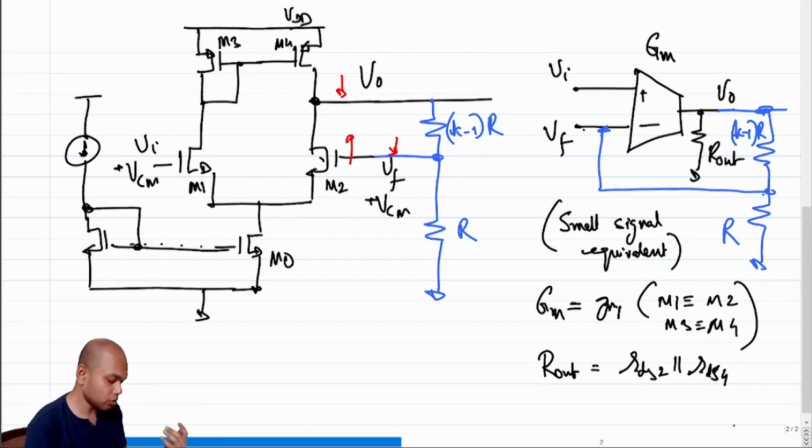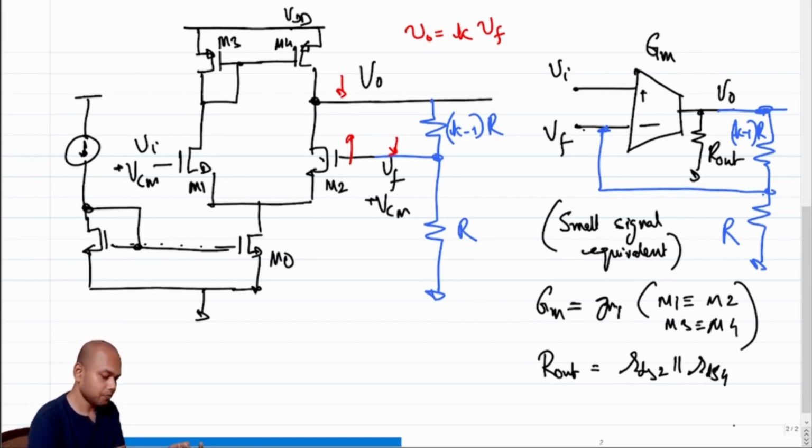If it is large enough, then what do you think V0 will be and what do you think VF will be? Incrementally V0 will be K times VF, and VF will be equal to VI because